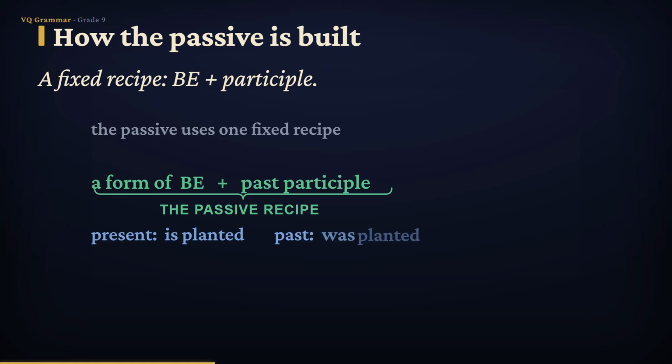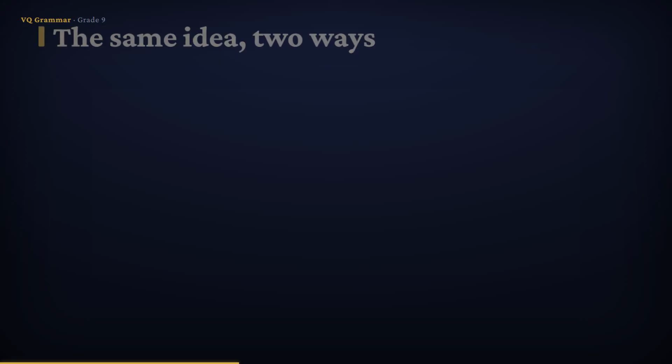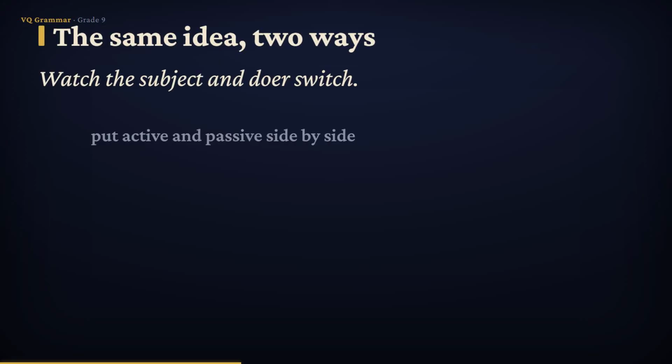In the present, it's is planted. In the past, was planted. And in the future, will be planted. The past participle, planted, stays put. Only the be changes to move you through time. So if you ever want to know the tense of a passive verb, look at the form of be and let it tell you. Now let's put active and passive side by side so you can see the swap with